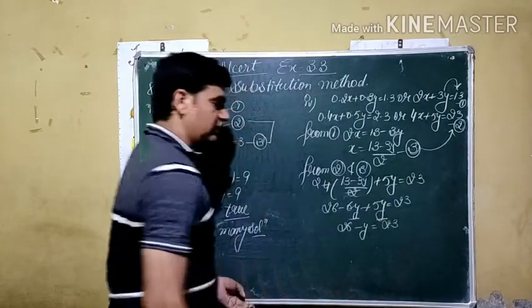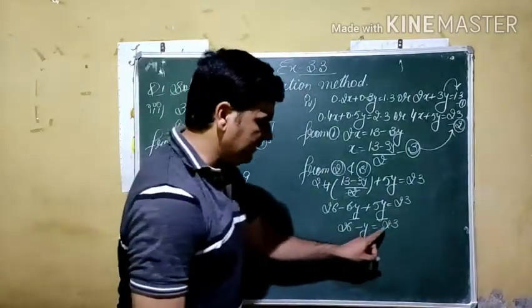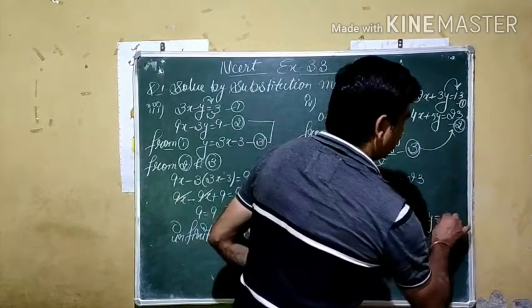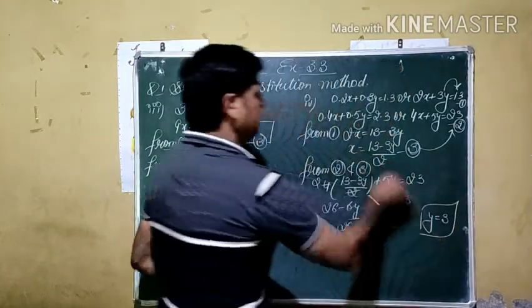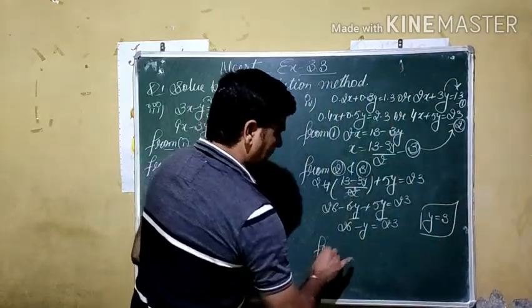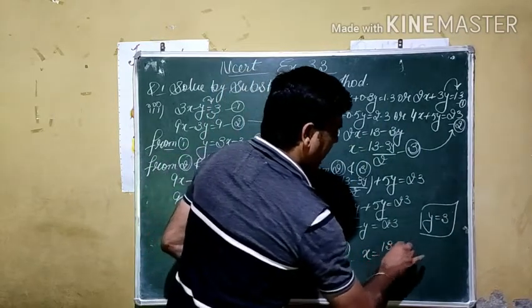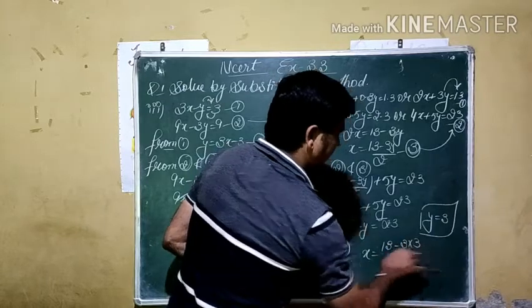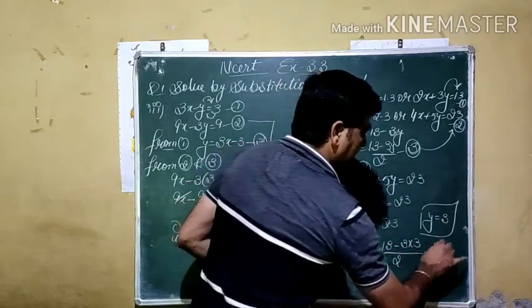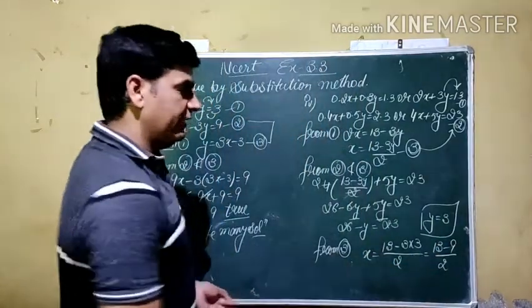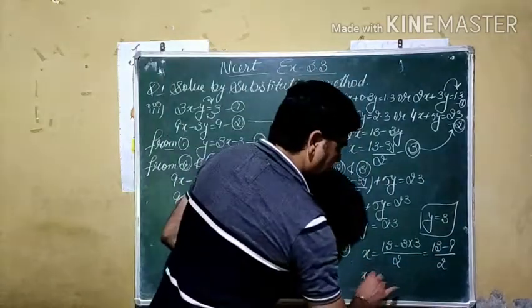If we use a logical method, 26 minus which value gives us 23? That is given by 3. So the value of y comes out here 3. Now we use equation 3. We get x is given by 13 minus 3 times the value of y, divided by 2. It becomes 13 minus 9 divided by 2. 13 minus 9 becomes 4, divided by 2 becomes overall 2.